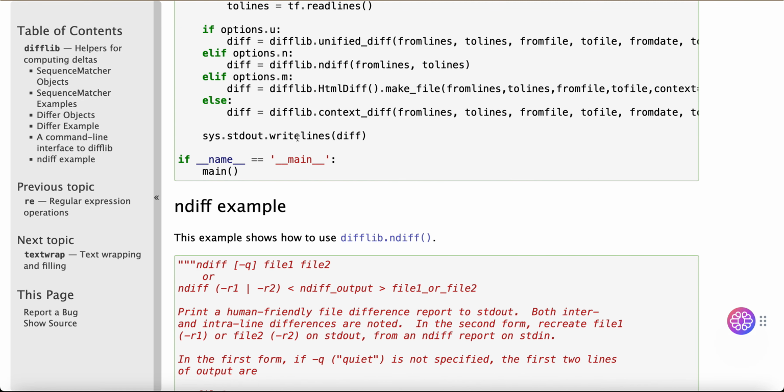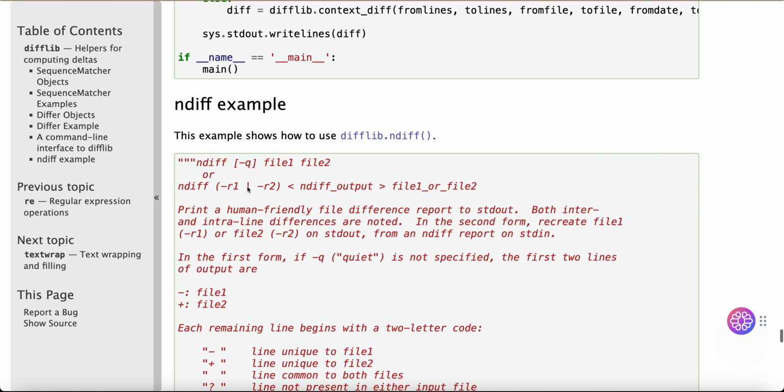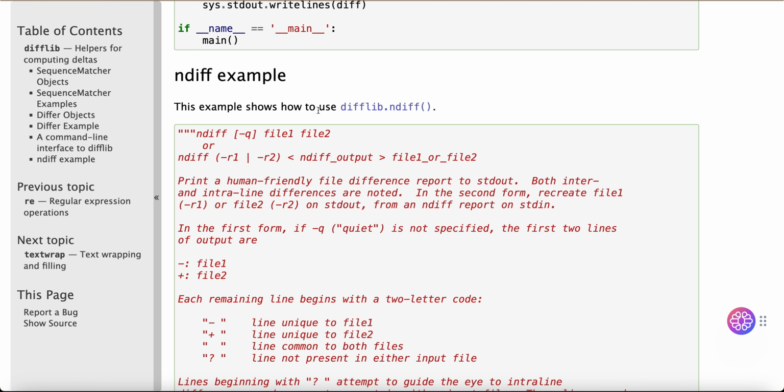sys.stdout.writelines(diff). Then the ndiff example. This example shows how to use